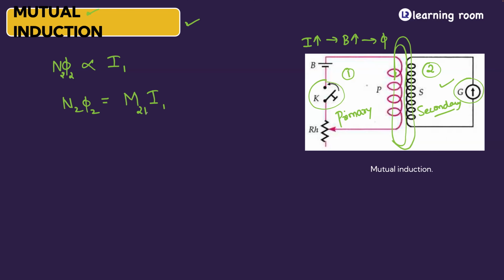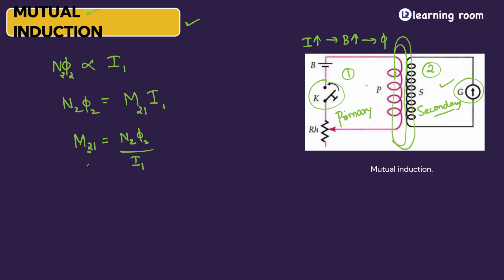So this capital M is called mutual inductance, but it is going to be a relative term. You will either write it as M21 or M12. So M21 is the mutual inductance of the second coil with respect to the first coil. You're able to understand? So M21 will be equal to N2 phi 2 the whole divided by I1. Make sense? Is it not looking similar to the expression we saw for self-inductance? It's the same thing, but the only difference is you need to be exact with your subscripts. So if it is M21, remember it is very easy: the first number should be in the numerator, the second number should be in the denominator.